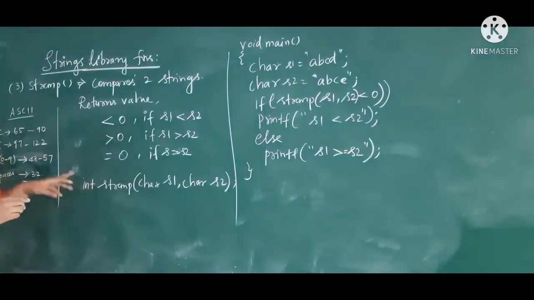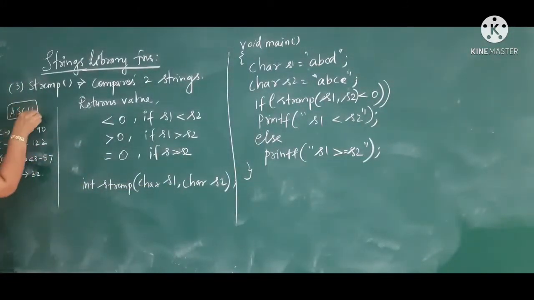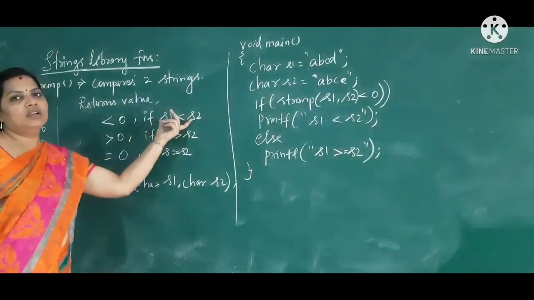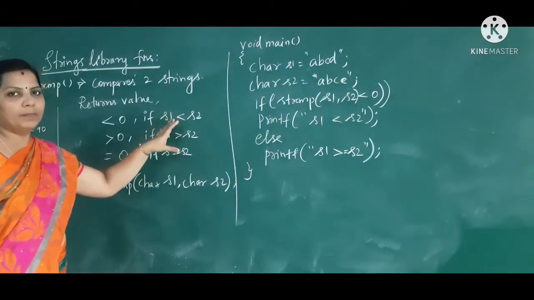Now we consider this. The comparison depends upon the characters, that is the ASCII character set. In the ASCII character set, the uppercase letters have values from 65 to 90, and the lowercase letters have their own range of values, and space takes the ASCII code 32. So depending upon these ASCII codes, the strings given by the user are compared.